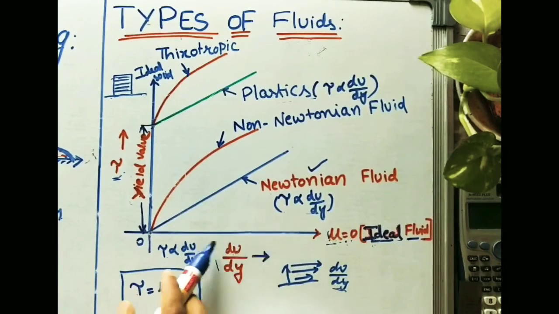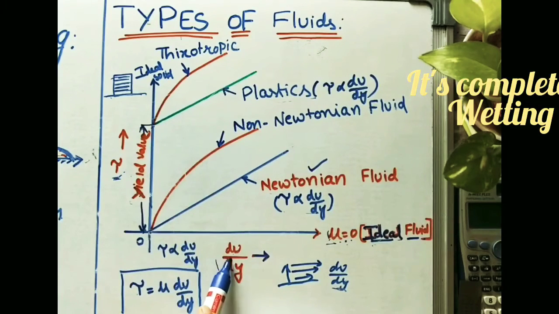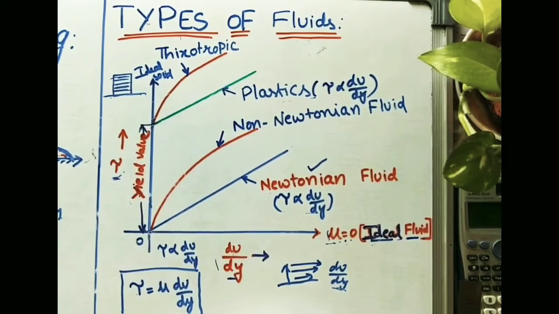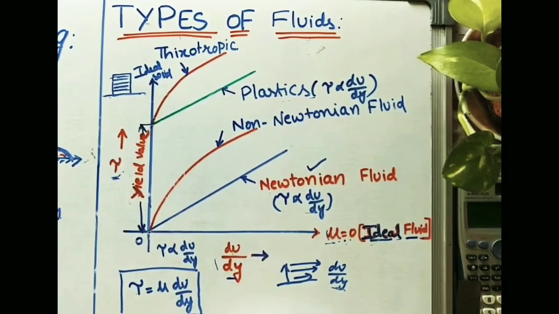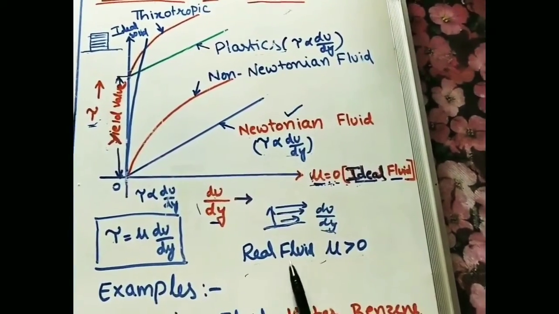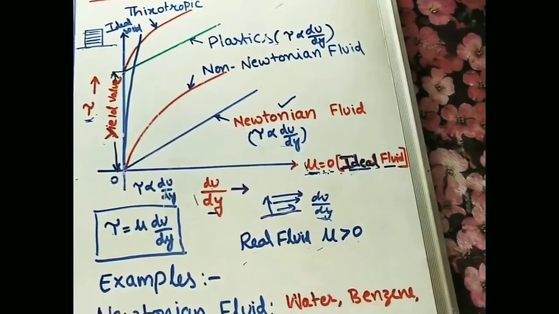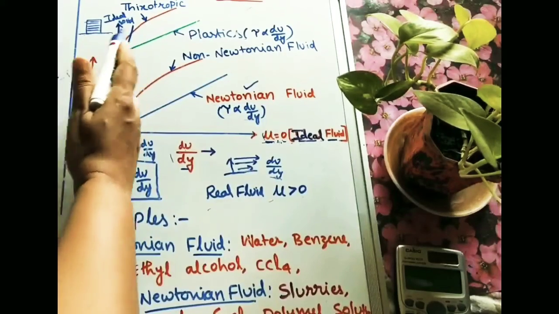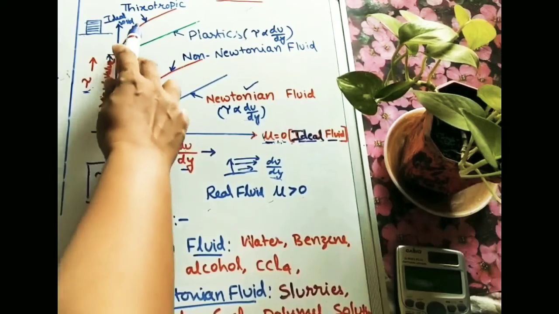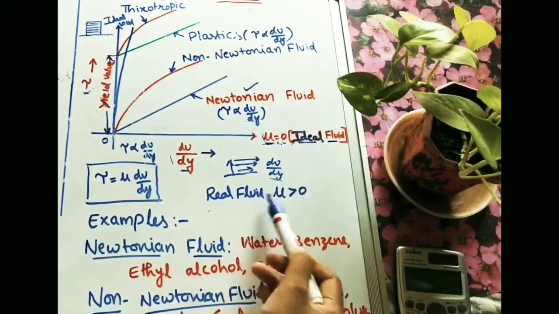If dynamic viscosity or viscosity is 0, it is called an ideal fluid. And if du by dy, the velocity change with respect to distance, is 0, it is an ideal solid. For an ideal solid, du by dy is 0. Okay, remember these points. Actually, there is no example for an ideal fluid. Whatever fluids exist in nature are called real fluids, meaning they have some viscosity. If it is 0, it is an ideal fluid. Okay. For the solid line, it has some deviation. For ideal and real, this deviation line is called real solid, like ideal fluid and real fluid.